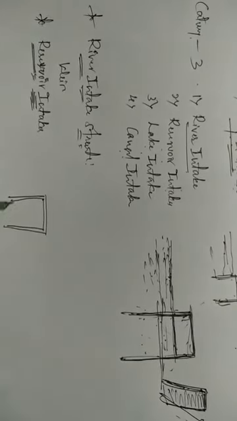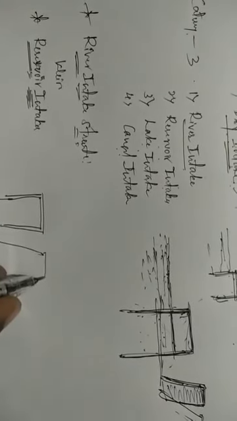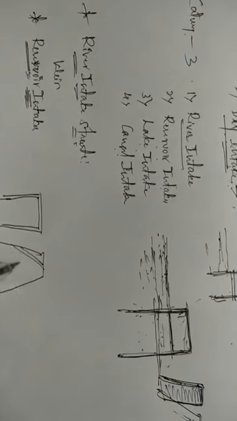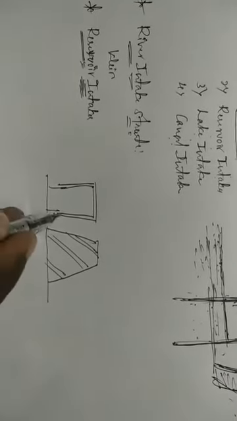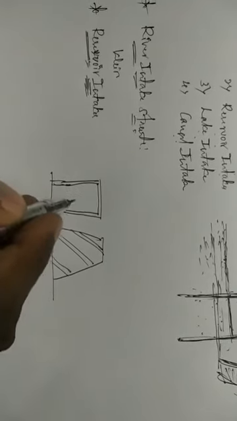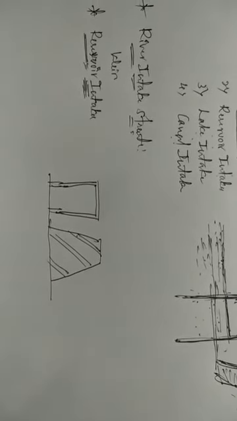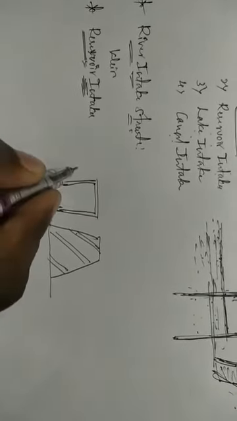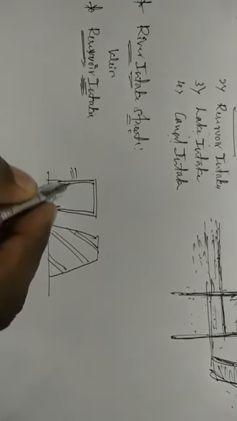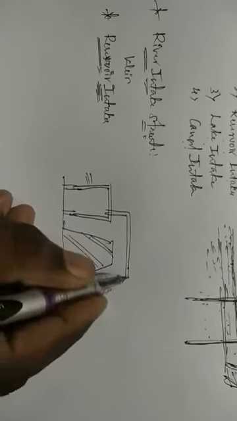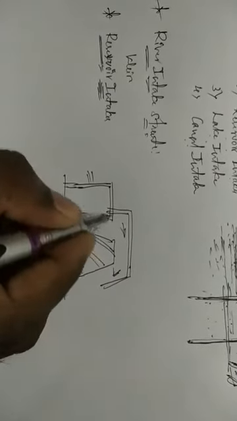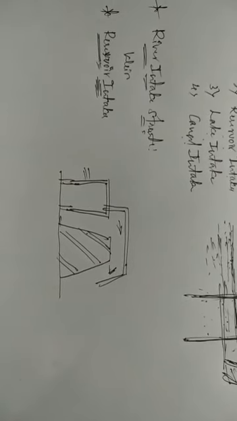This is a dam constructed to store the water from the river, and this is the intake structure we construct near the reservoir, so that we can withdraw water sufficiently from the reservoir. That water is conveyed to the water treatment plant. So these types of intake structures are called reservoir intake structures.